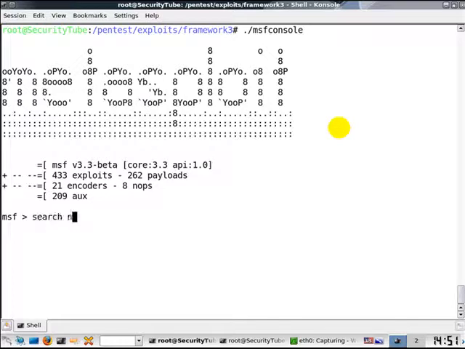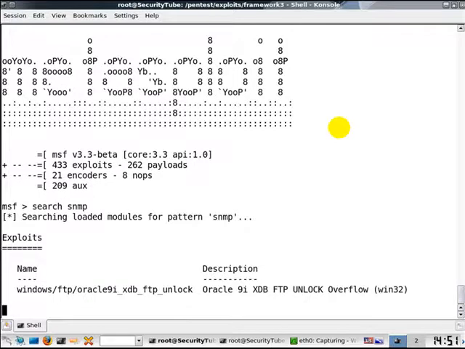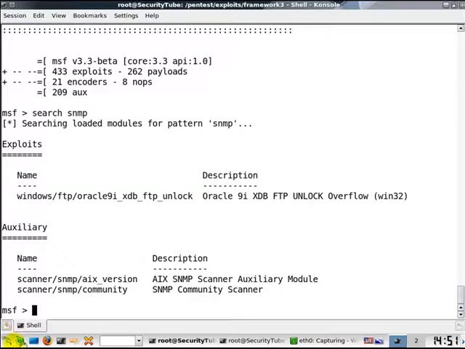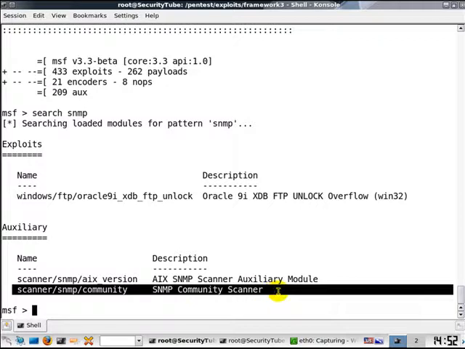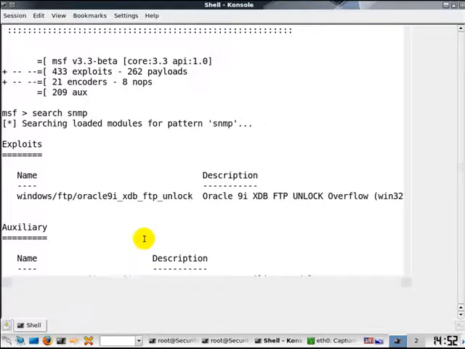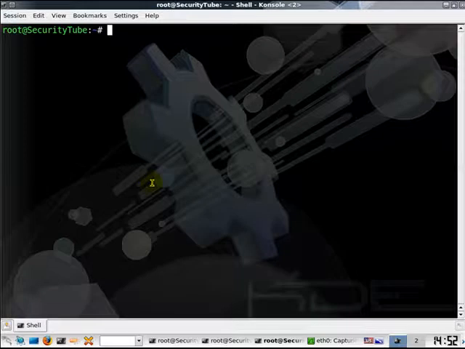Let's quickly search for SNMP to locate our SNMP scanner with which we'll launch an attack. As you can see, there is an auxiliary module called SNMP Community Scanner which we will use. However, before launching the SNMP attack, let's verify that there is an SNMP connection which can be made with the Vyatta router. So we'll use Nmap for this purpose,